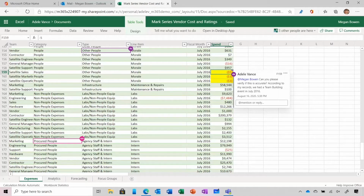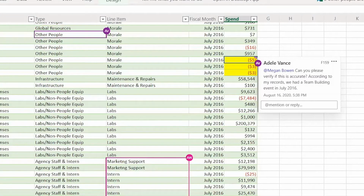associated to. You will notice that there are multiple people in this document as indicated by the circle bubbles containing the initials of the co-author. I can check who is in the document by hovering over the indicator to show the full name of the